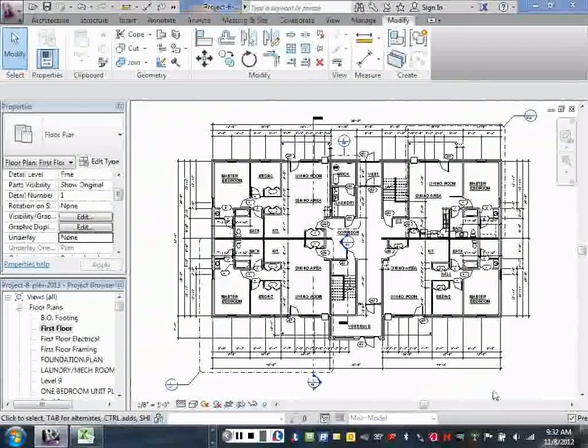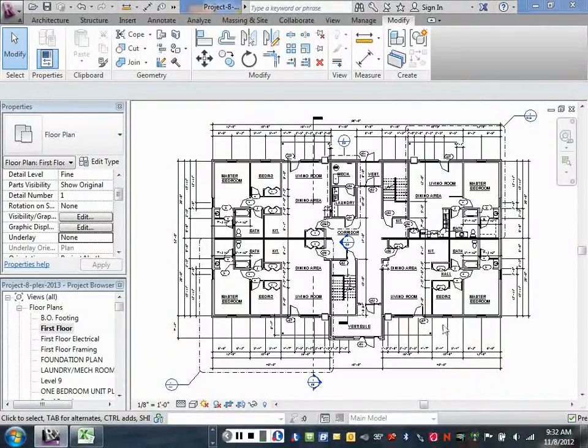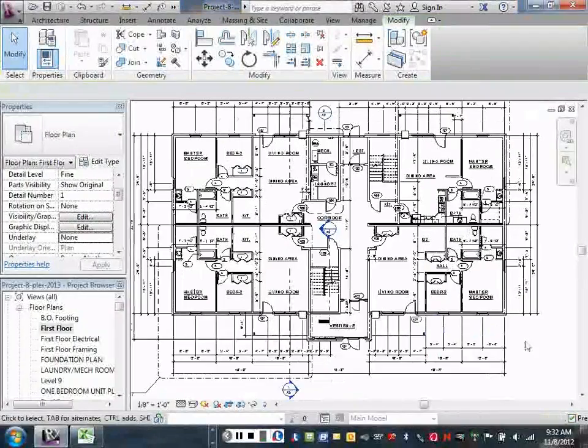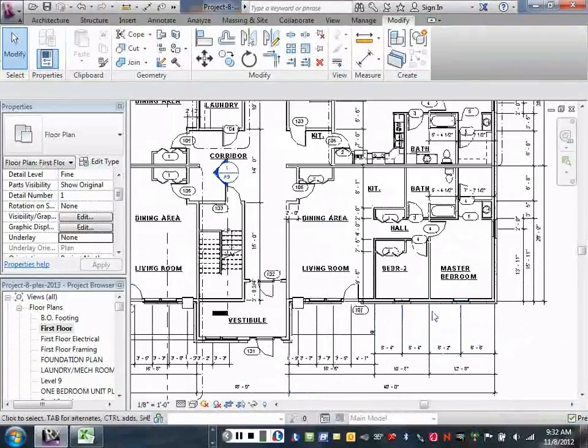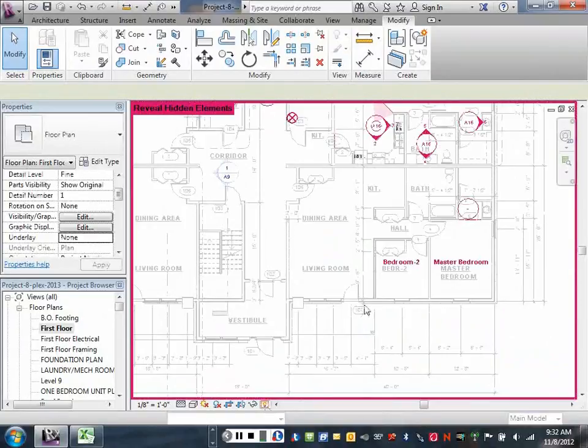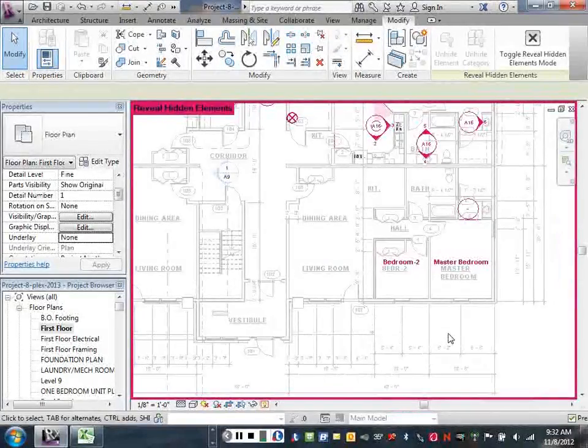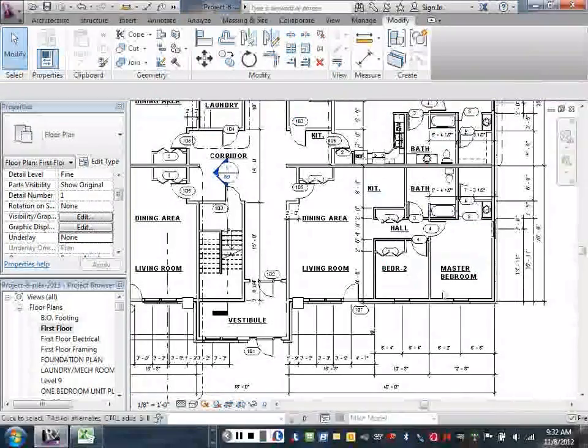Okay, so we're going to create now a window schedule for this project. And again, as you can see on my plan, I don't have any window tags on. If I click on the reveal hidden elements at the bottom, there are no window tags that are hidden either. So I'll unhide that. I need to expose those, so if I go to